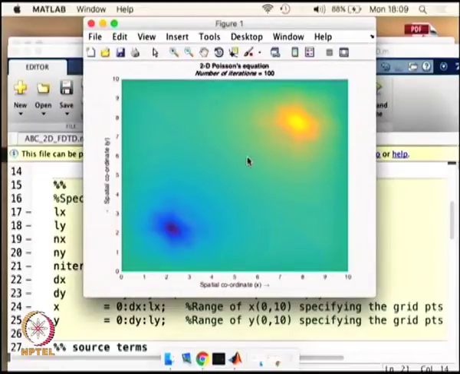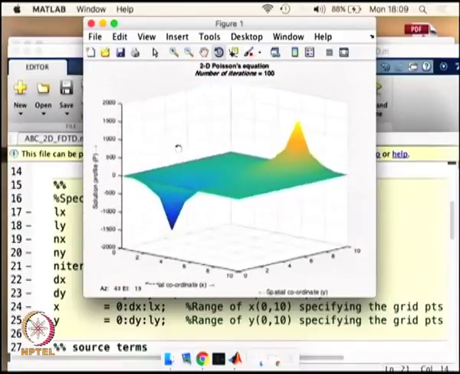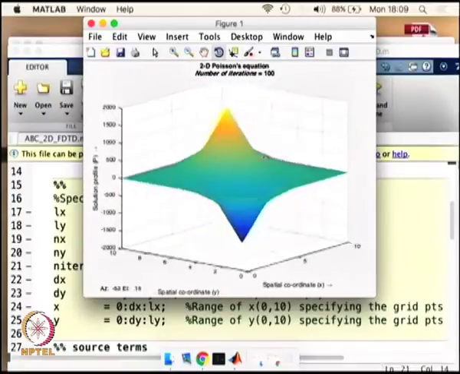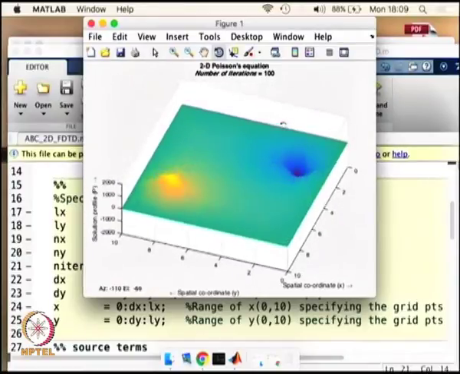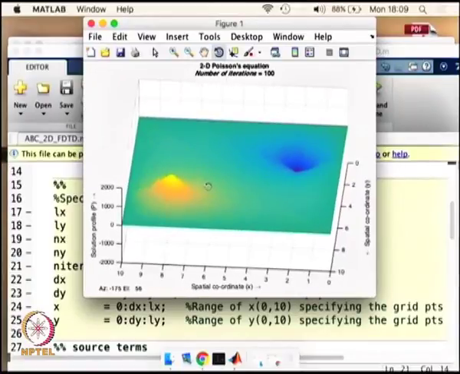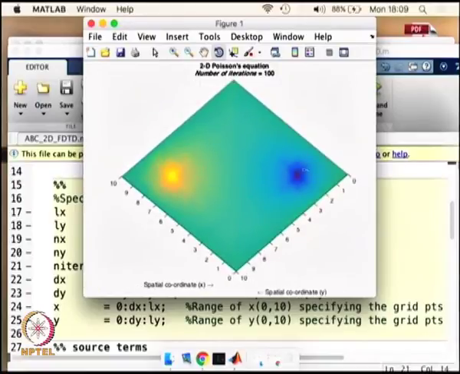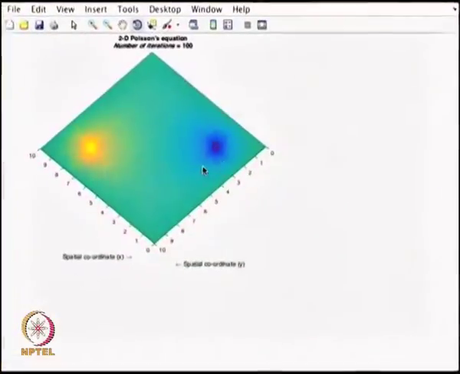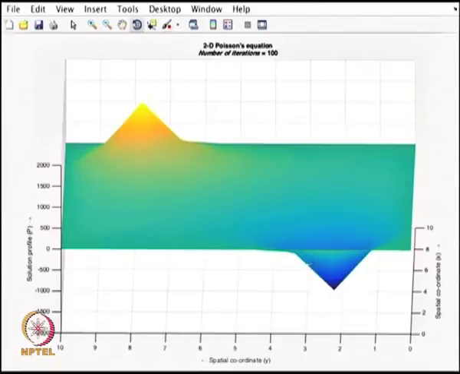You will see that the result is very crude, and you can already see the result will have certain pattern of the discretization in the way we see the potential distribution. This is not very accurate, as we can already appreciate that we already see the discretization impact in the solution. If I zoom it, you will be able to see it. What you see is pretty much the discretization impact is seen,